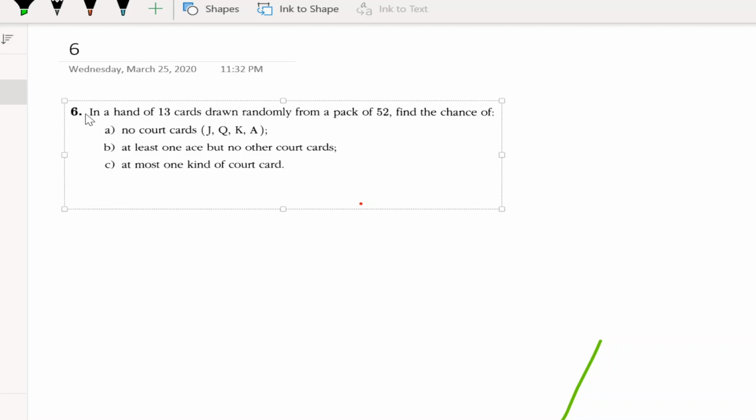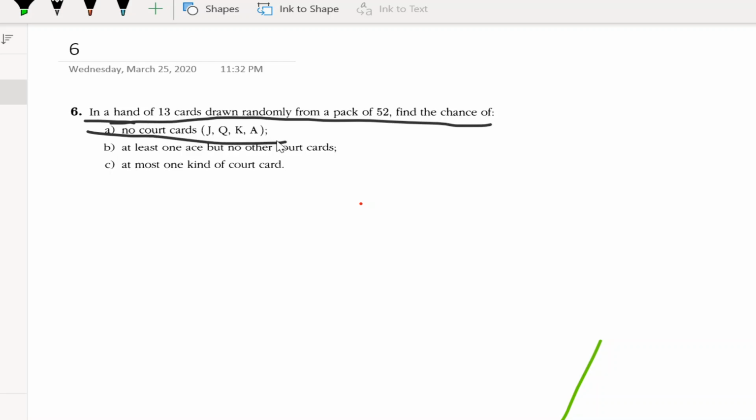So in a hand of 13 cards drawn randomly from a pack of 52, find the chance of A, no court cards, which is a Jack, Queen, King, or Ace. Okay, seems easy enough. So we know that a hypergeometric would be the appropriate distribution to use in this situation